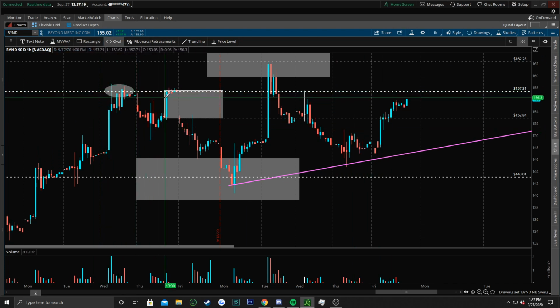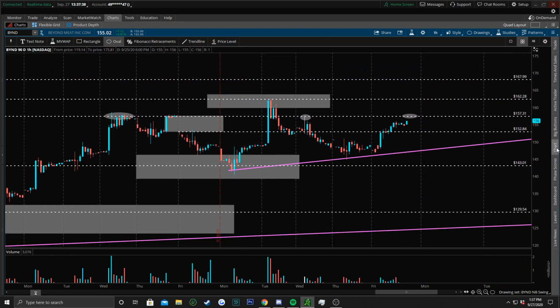Resistance. Resistance. And this, we marked this because of the gap. This wasn't because of resistance or support. We marked this because of the gap, but look at it. Resistance, resistance, resistance. The only move that went up was that little bit of movement there. Resistance. So what are we going to get here? We're going to get a big move here. It's going to have to hit this and pop up to the 162s, which is why we have so many